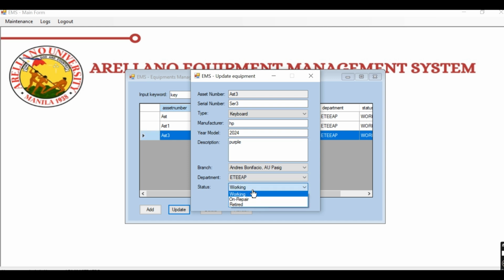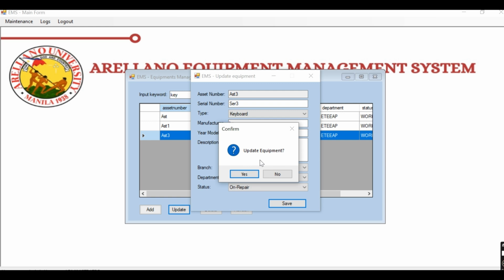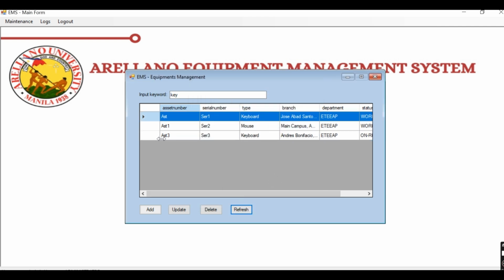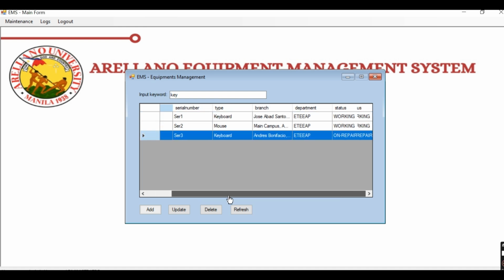If you want to put it on repair, just click save. Then they're going to ask you if you really want to update the equipment. Since we really want to do it, just click yes. So the equipment is updated. Then OK, and refresh for you to see the changes that you did. As you can see here, the status is already on repair.